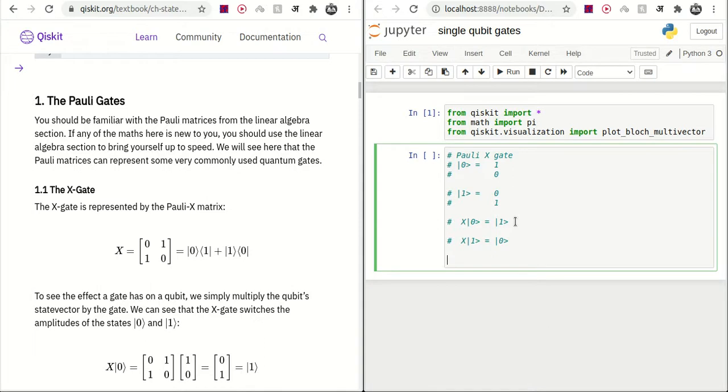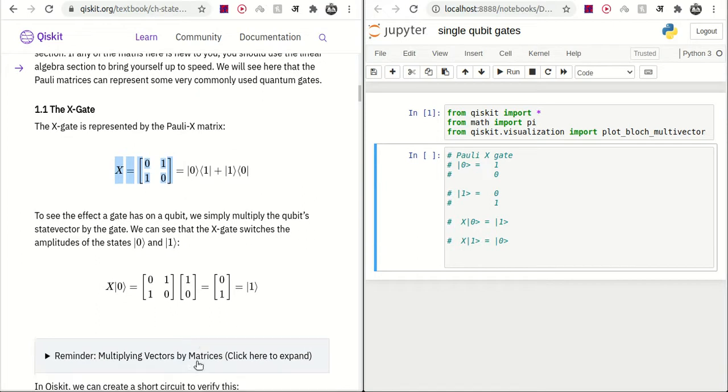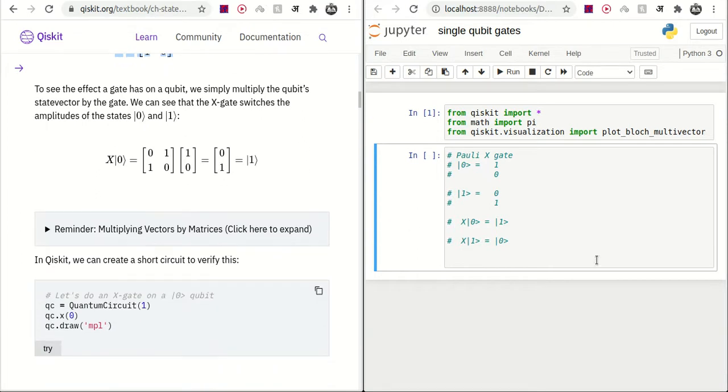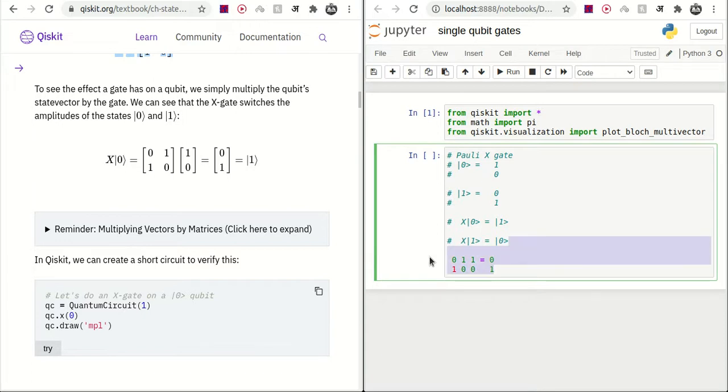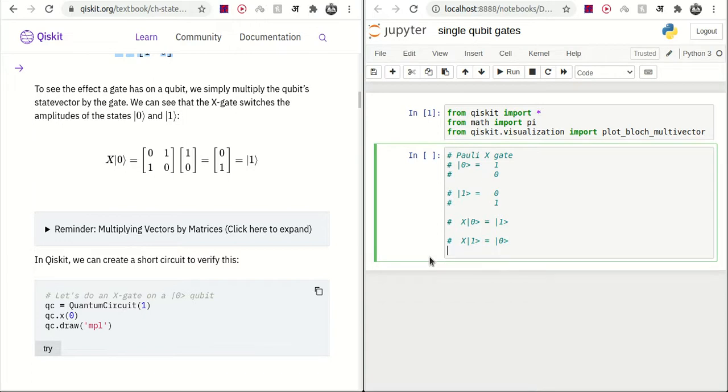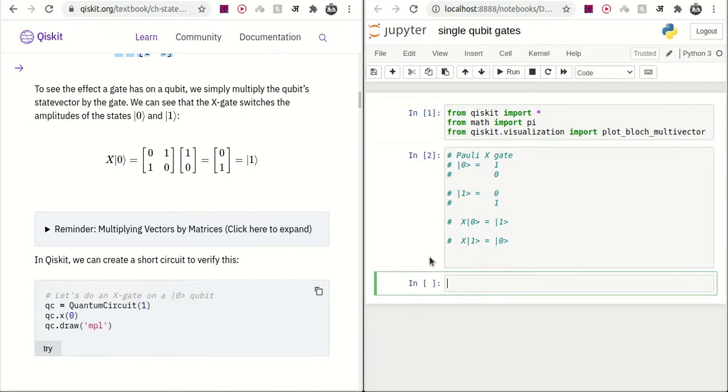So this is defined by this matrix, and as you can see it is converting. This is just a simple matrix multiplication. This is 0 1, 1 0 multiplied by 1 0, and in output it gives 0 comma 1. You can calculate this, you'll easily find it. Okay, this is easy multiplication. So now we'll code it.